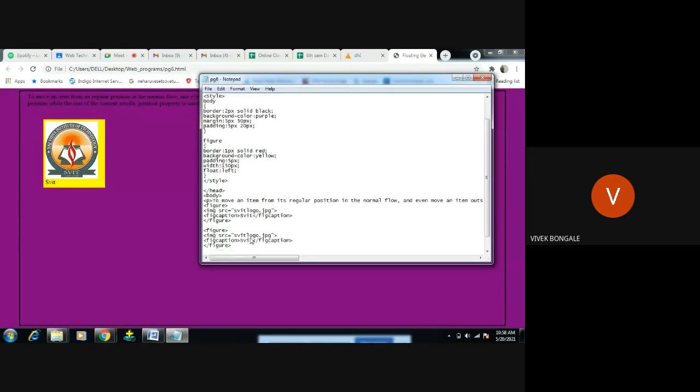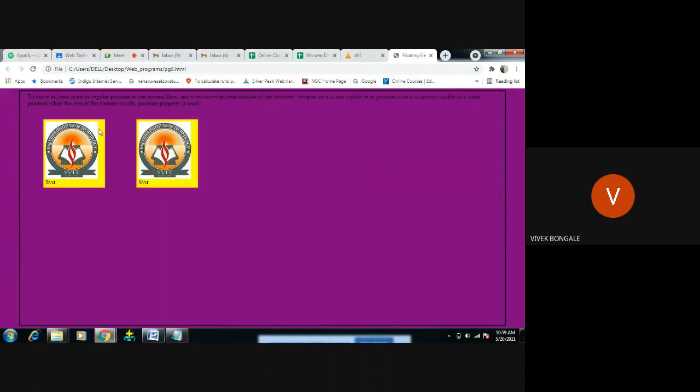I've saved it. Okay, I copied this one and pasted it in the same program. Now in this program we are trying to display 2 images. The 2 images should display side by side, right? Save this. You can see.